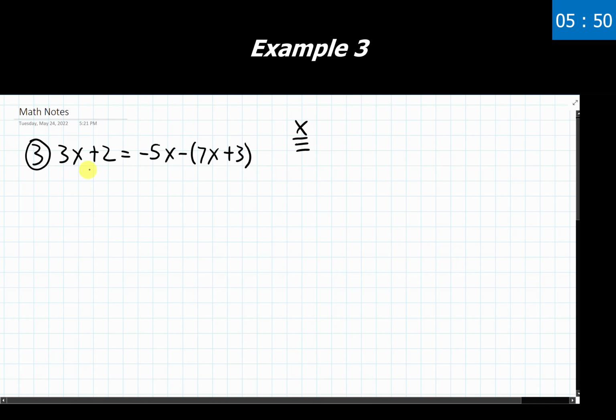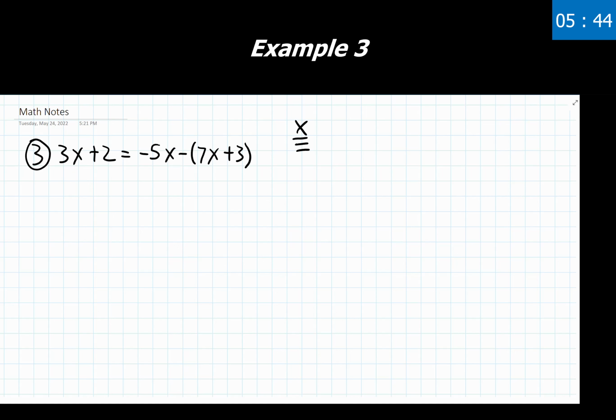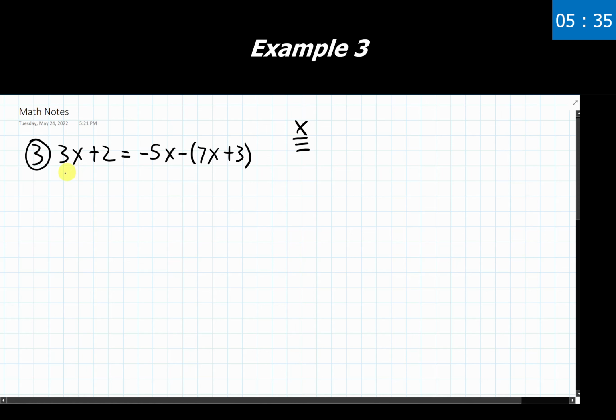Fantastic. I'm noticing I have x's on both sides, so I'm probably going to need to eliminate one of them later on. If you're looking ahead and seeing that, great. Nice to see that. We still want to follow our process as it's been described to us. So simplifying the left side first: 3x plus 2. I can't combine any like terms over here. I have a variable term and I have a constant term, and these things cannot combine together. They need to stay separated. That's fine. We'll leave that side as it is.